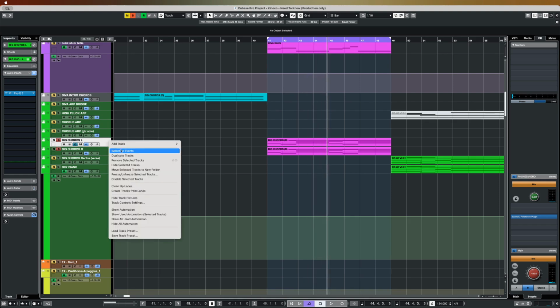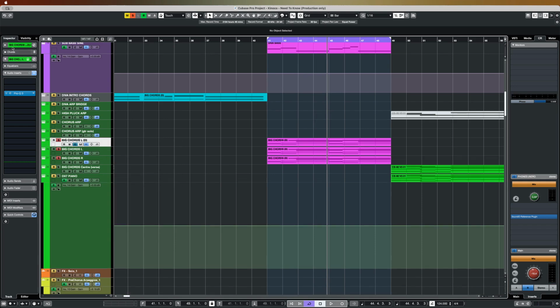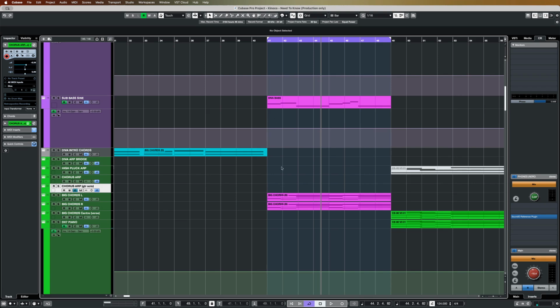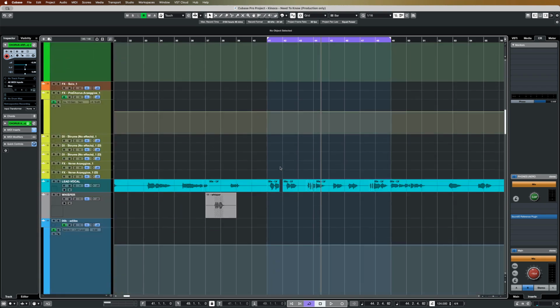If I was to, I'm just going to duplicate one of these and I'll pan it central. So if we hear, this is just one of those chords panned central. Compare that to the two slightly different patches panned left and right. Oh, just so much better. Love that. And with our drums, bass and rhythm section, we can have a look at the vocals,